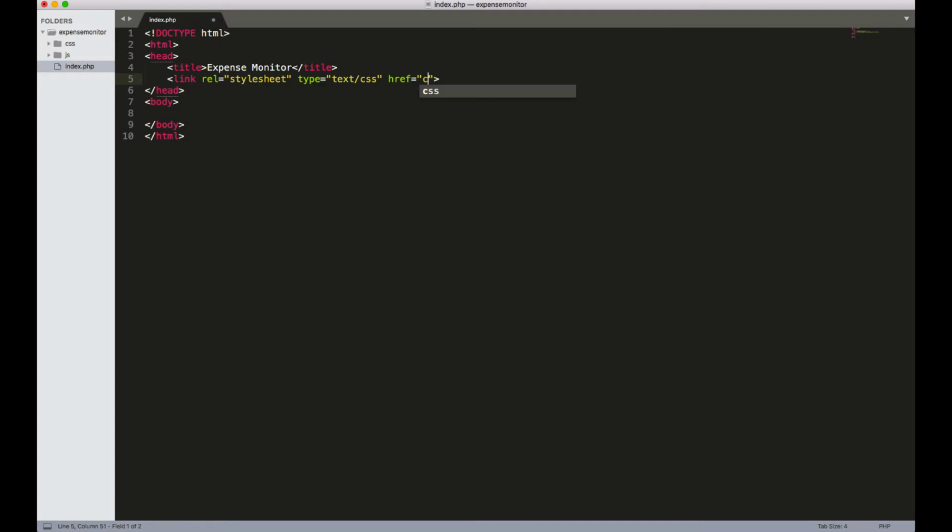So say css/bootstrap-3.3.7. Actually, there's no min, just .css. Then we also attach the JavaScript file, which says source. Let's go to js/bootstrap.min.js, and the last one is